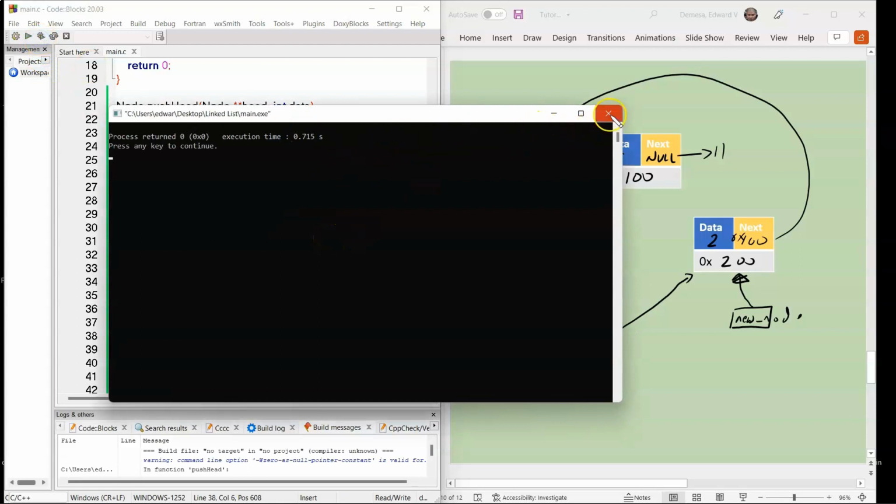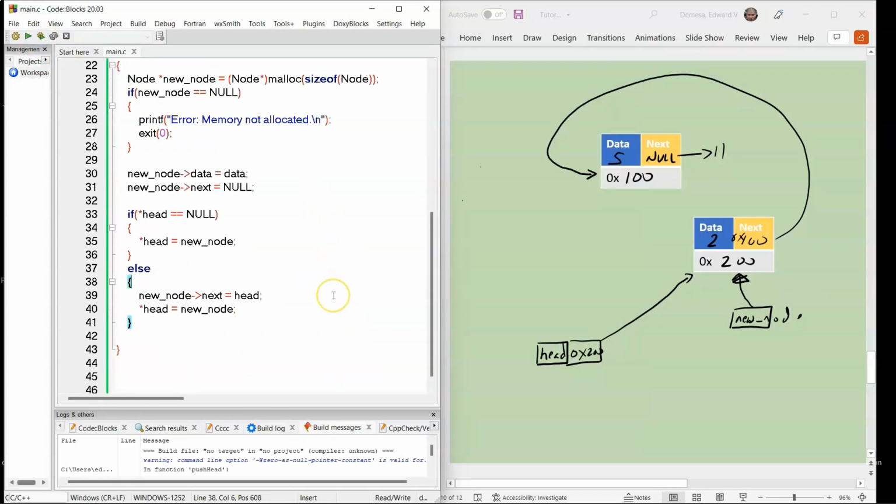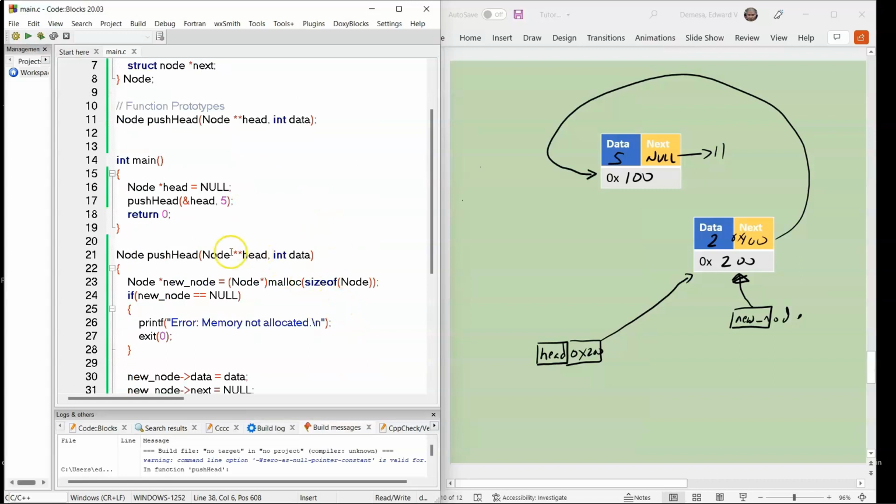Okay, we are good to go. And let me double check. Now what I want to do is I want to clarify the difference between this head